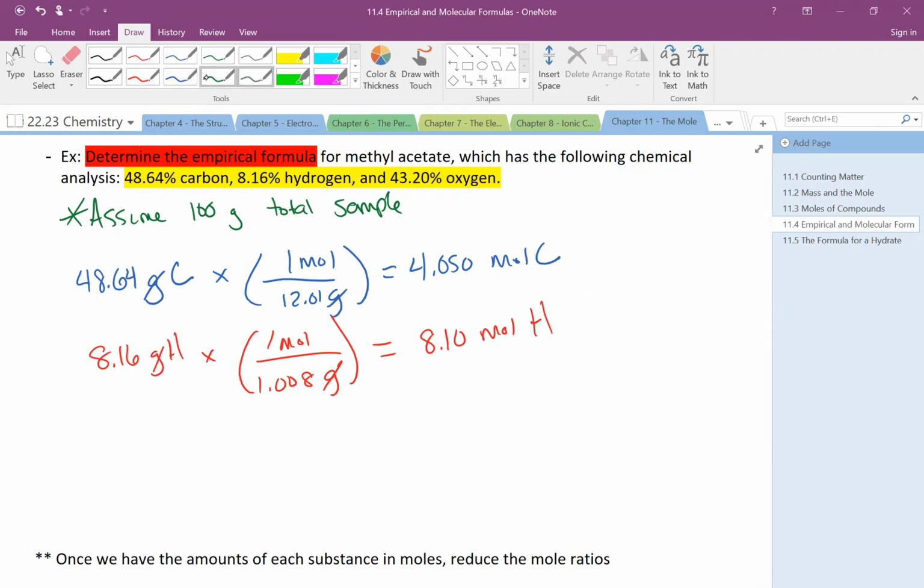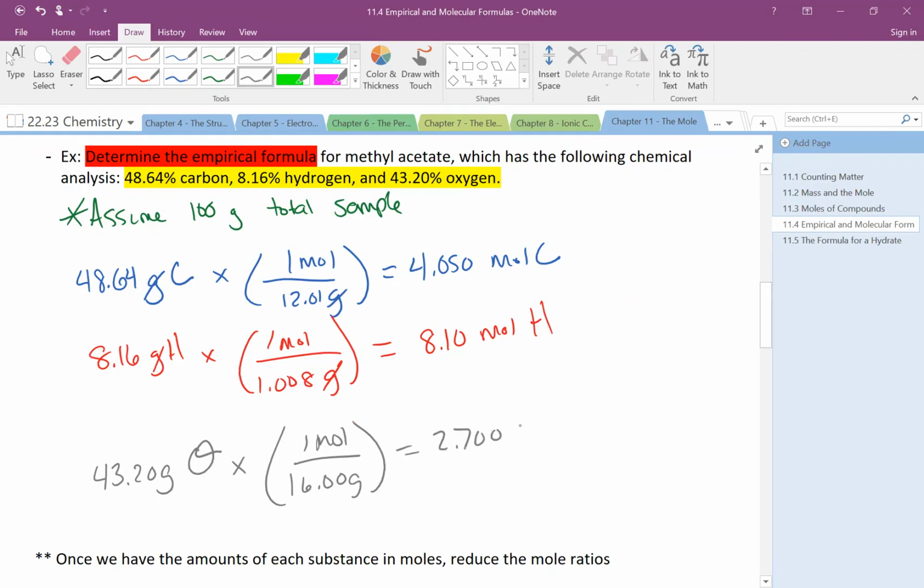Last one, we'll do our oxygen. Oxygen has a mass in this of 43.20 grams of oxygen times my 1 mole over 16.00 grams, and I get 2.700 mole of oxygen. Okay, so I have calculated that in 100 grams, I'll have this many moles of carbon,